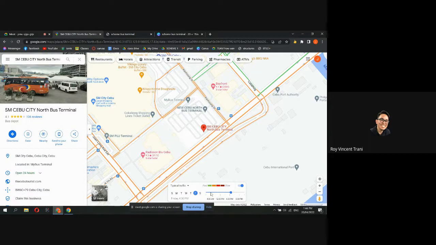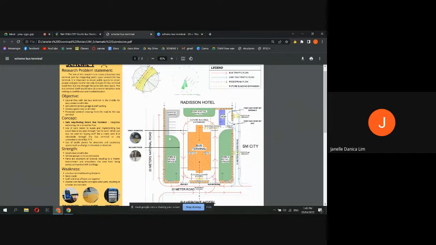So based on your observations, is the 30-meter road busier than Sergio Osmeña or Kaohsiung Street? For me, I think it's really the 30-meter road, sir. It's more busy. That's what I thought too, just looking at it. So we can go either way. So it really depends on your data. So for you, it's more busy on the 30-meter road. That's fine. That's why in both of my schemes, I avoided using the 30-meter road and just use the 20-meter